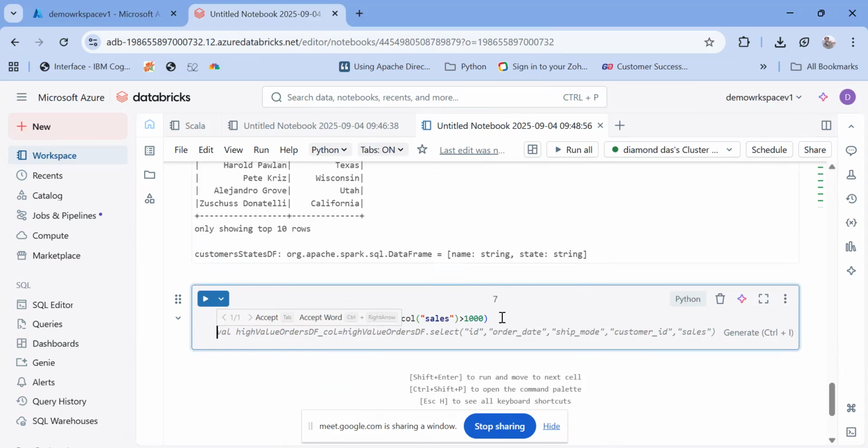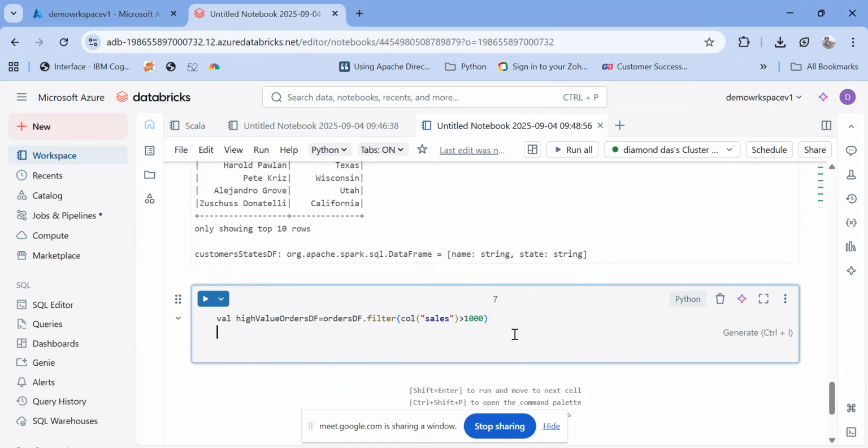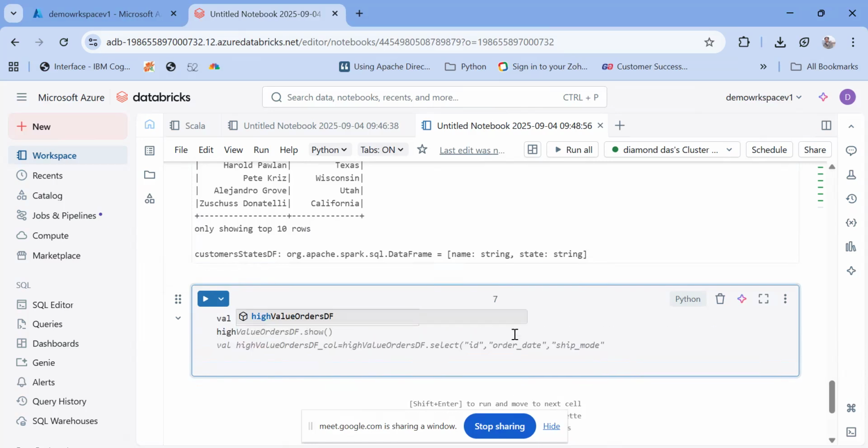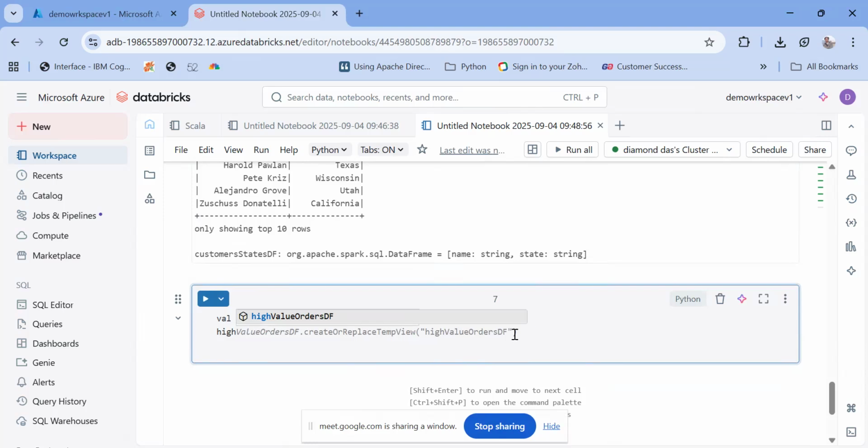That's it. Now I also want to print it out, so I'll show the orders. Now if I go ahead and execute,